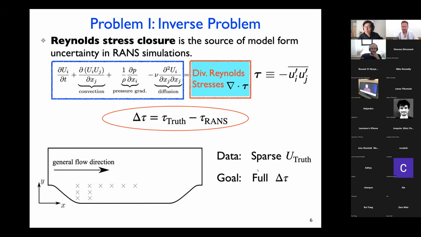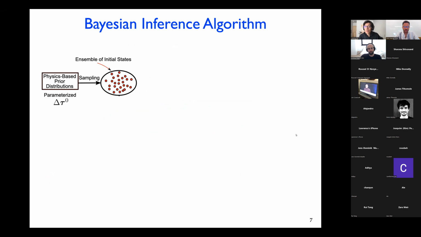We try to learn the full field of what we call Reynolds stress discrepancy delta tau, the difference between true Reynolds stress and RANS model Reynolds stress. Okay. So before getting to more detailed results, let's briefly take a look at the pipeline of the Bayesian inference